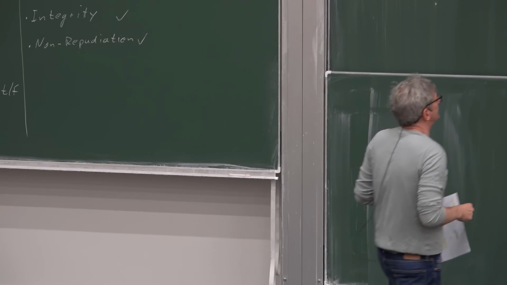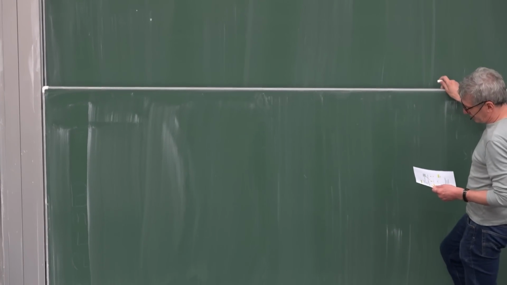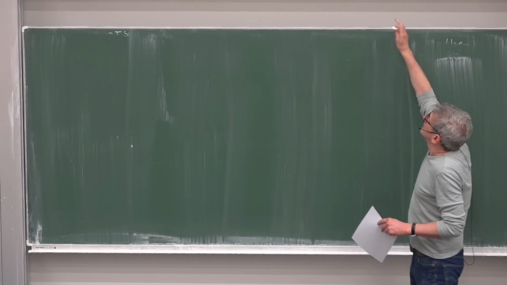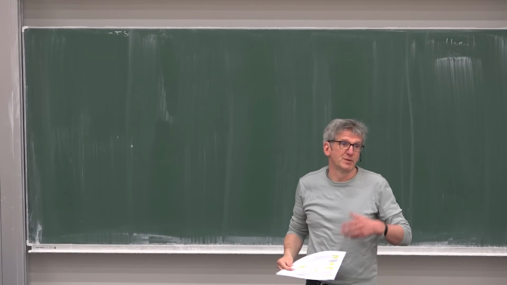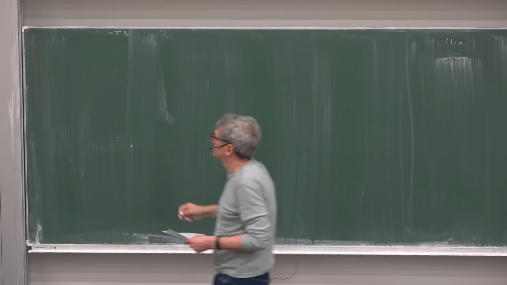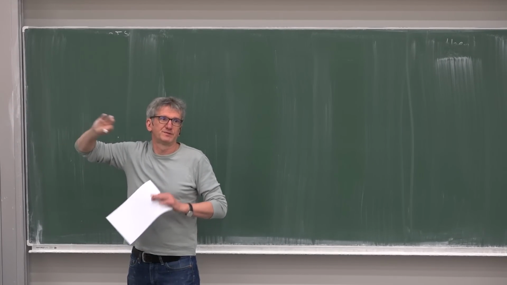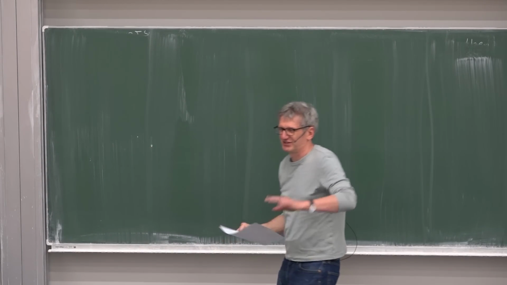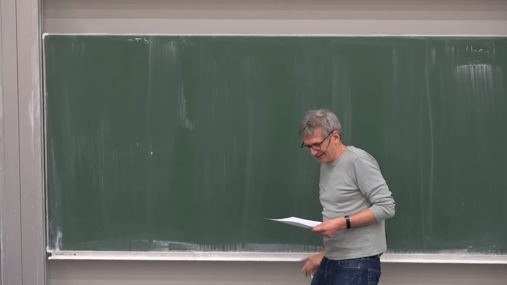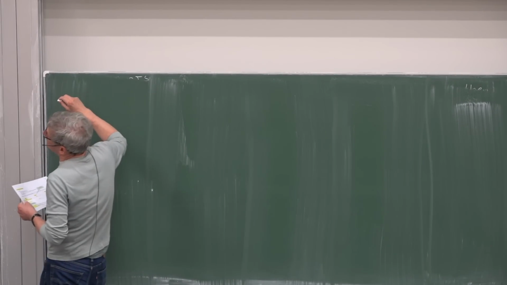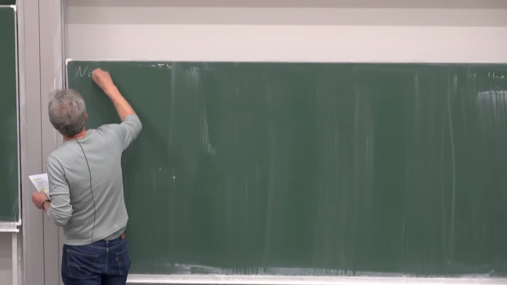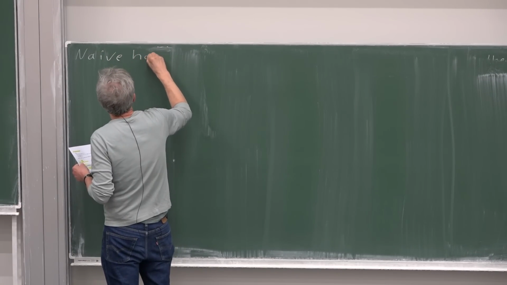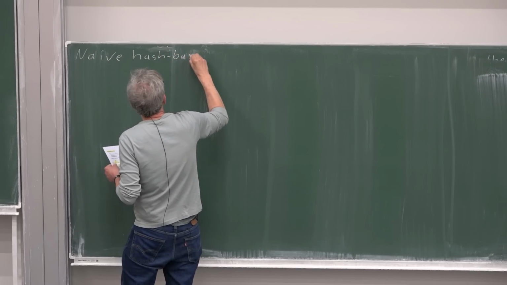We are looking at our first baby protocol, our first attempt. We're building our first post-quantum cryptography scheme. Everybody okay with this here? This was just repetition. If you didn't understand, you didn't pay attention the last few months, right? Which never happened to me as a student, of course. I'm kidding. So let's call that a naive hash-based